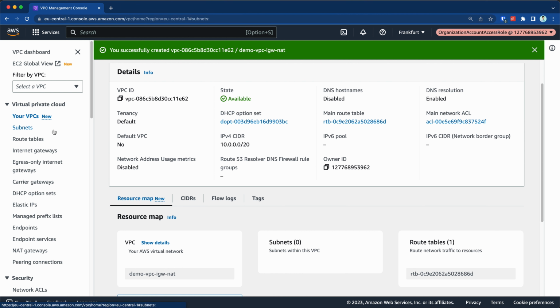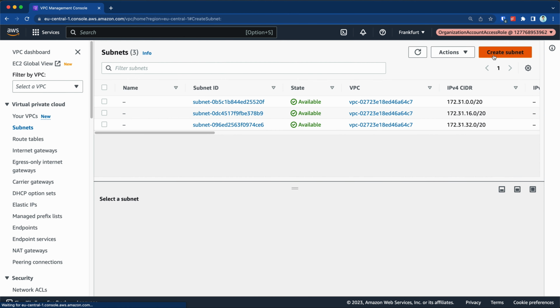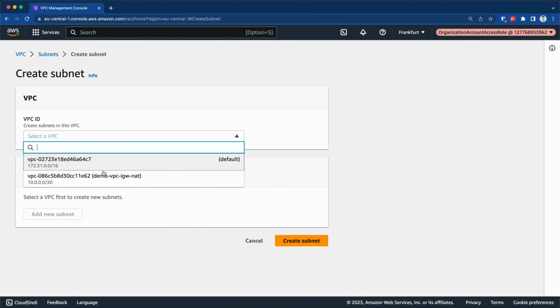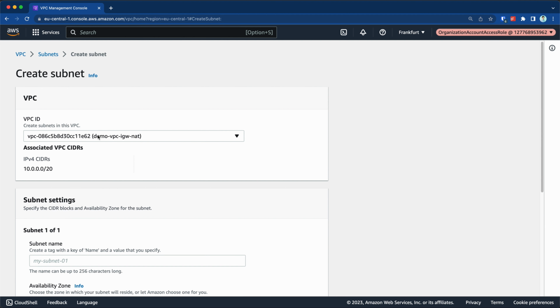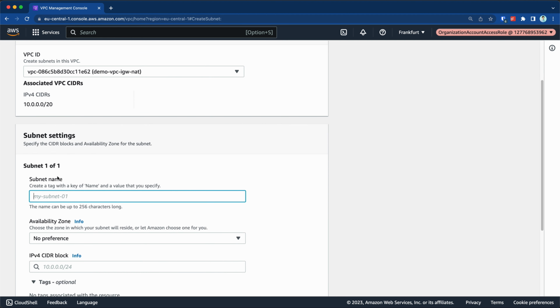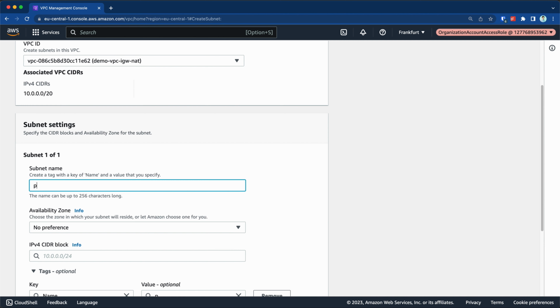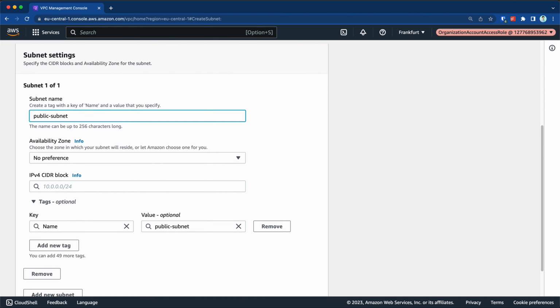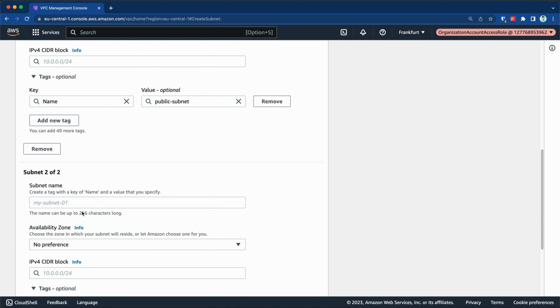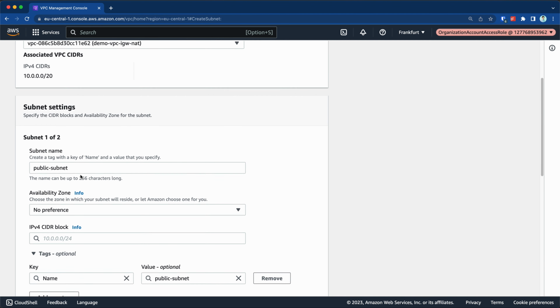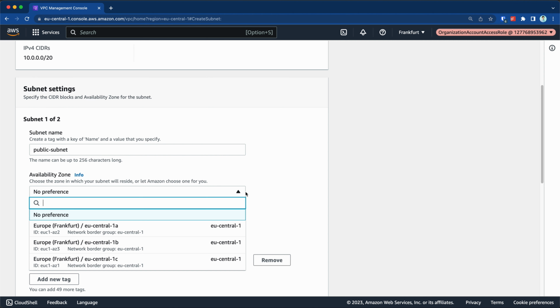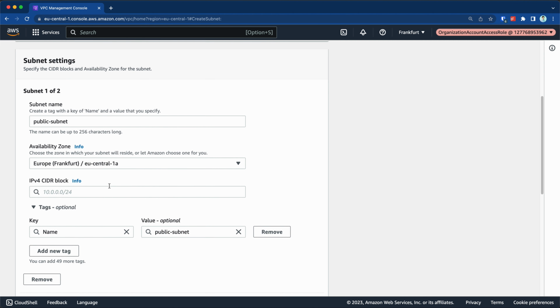So let's go to our subnets. We're going to have one public subnet and one private subnet. We're going to create the VPC. We're going to select this VPC here, and the subnet 1 of 1 is going to be public subnet. And then we can also add another subnet here that's going to be the private subnet. Okay, and the availability zone, there is no preference here, but maybe we can just, for the sake of keeping things a little bit different, then we'll say